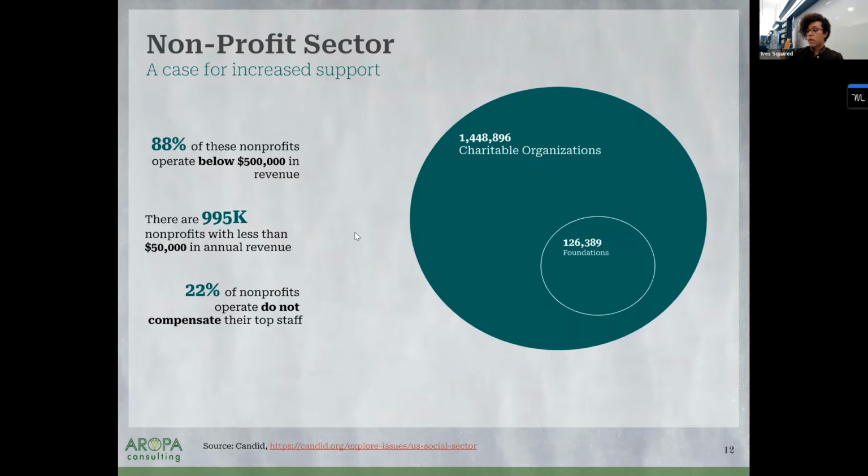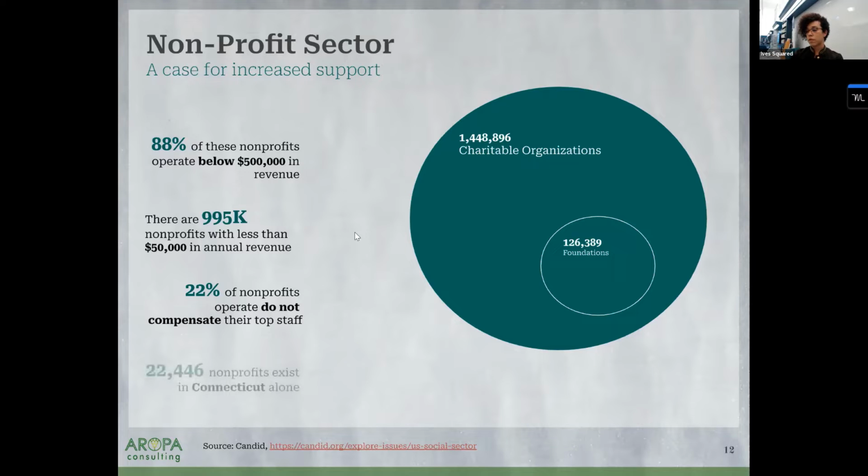And 22% of those organizations, of the 1.5 million, their executive directors and senior staff are not compensated. And that means they're volunteers. And volunteers are wonderful. They're doing great work, but that is also really challenging when this is maybe a side project or something that you're doing on weekends, but then you have this whole administrative hurdle to get through